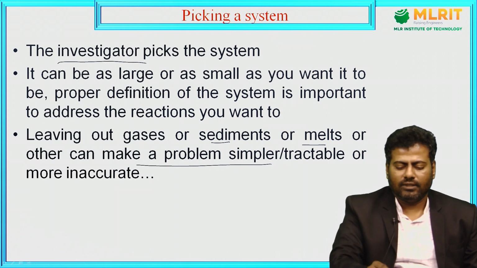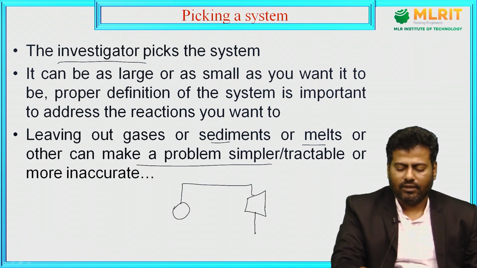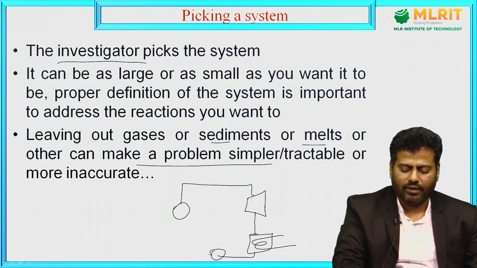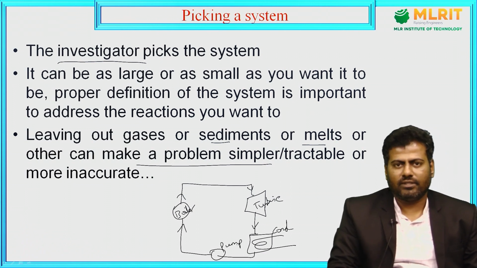Got it? Here I'll go with an example. This is the boiler we are having in the steam power plant, and after that it is connected with the turbine, and then we have a condenser. In the condenser I have the heat exchanger, right? And after that we have a pump. Then it joins the cycle again. So this is the boiler, this is the steam turbine, this is the condenser, and this is the pump. So these are the 4 major components I have.